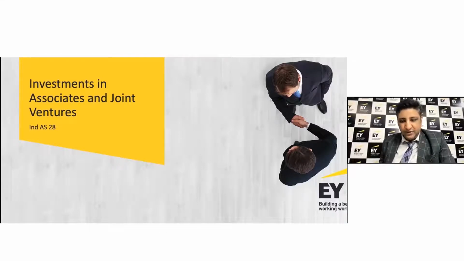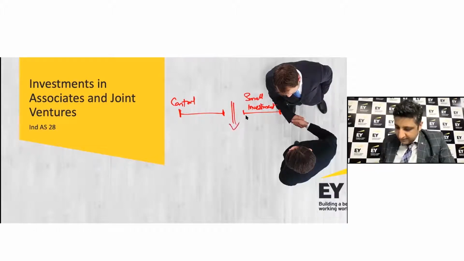So we are saying that somewhere between control and a small investment, there exists a space wherein the investor does not have control over the other business, but it's not too small an investment at the same time. Somewhere there is a possibility of a significant